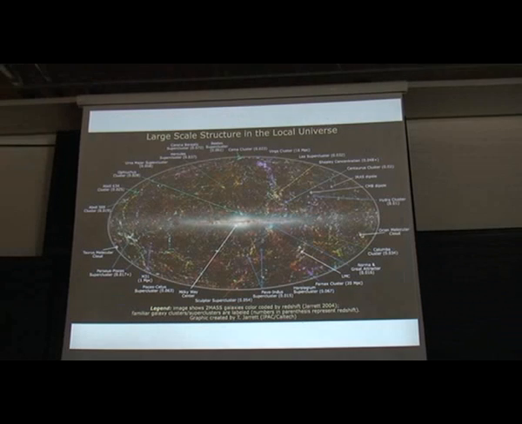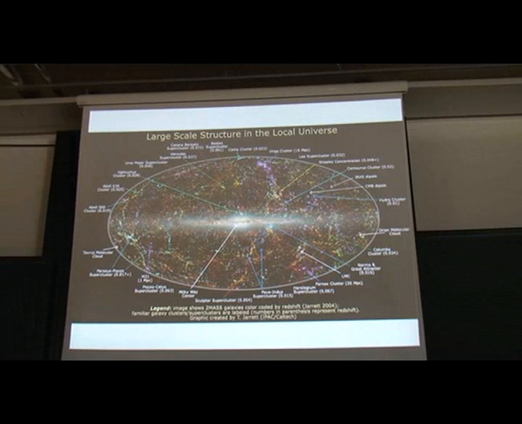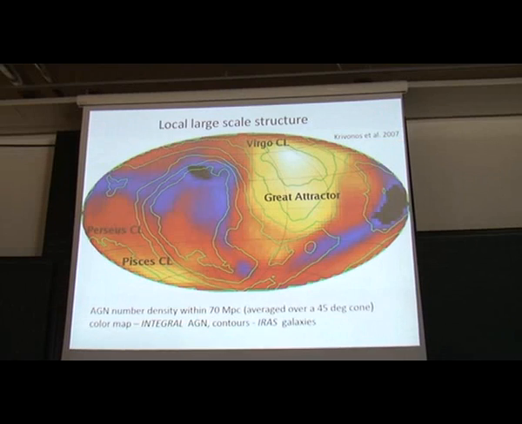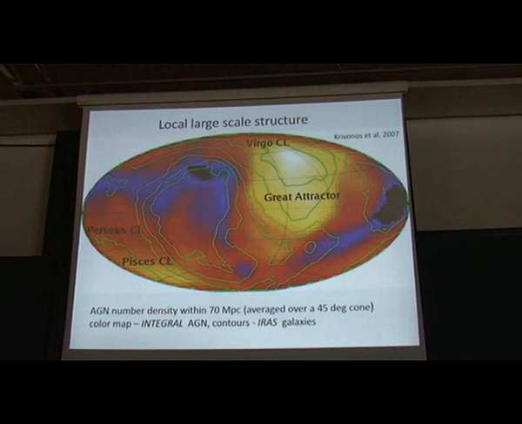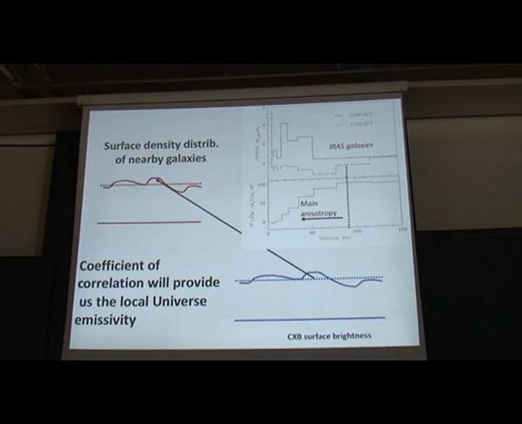And we are actually not surprised to see this, because we definitely know that in the local universe there is anisotropy, and we see it in IRAS, and now we can see this in the 2MASS galaxy survey. And if we construct a similar plot with the INTEGRAL AGN sample, we see this color map. This color map shows the density anisotropy, and the contours are density anisotropy from the IRAS infrared galaxy survey. So we see the similarity is very high.